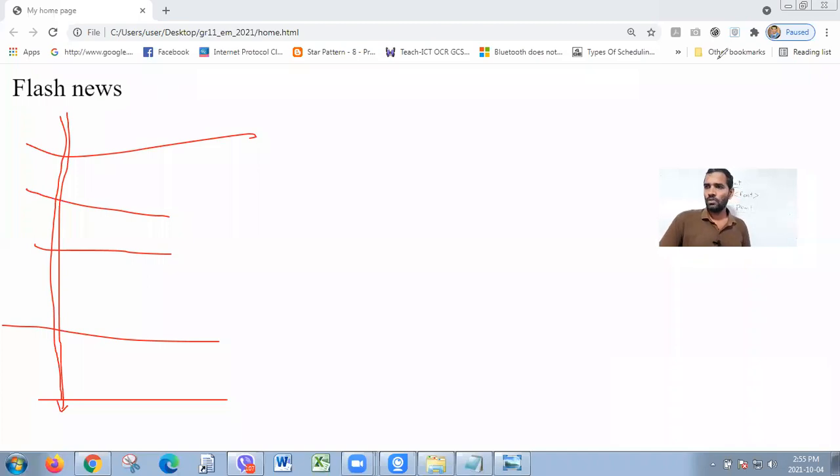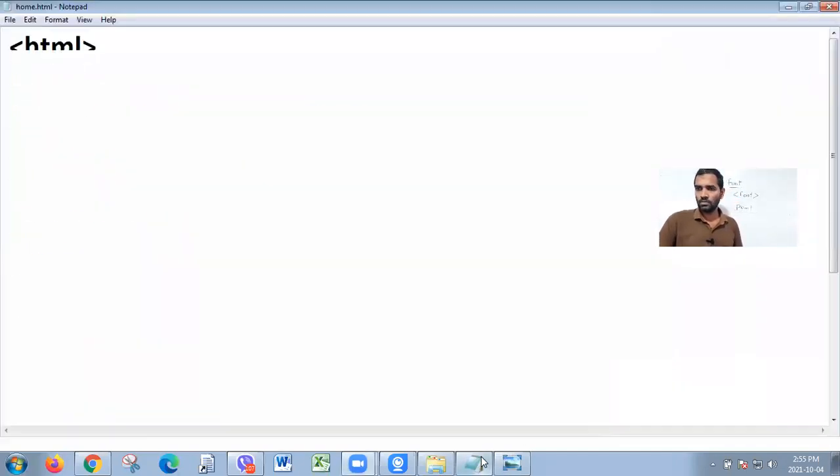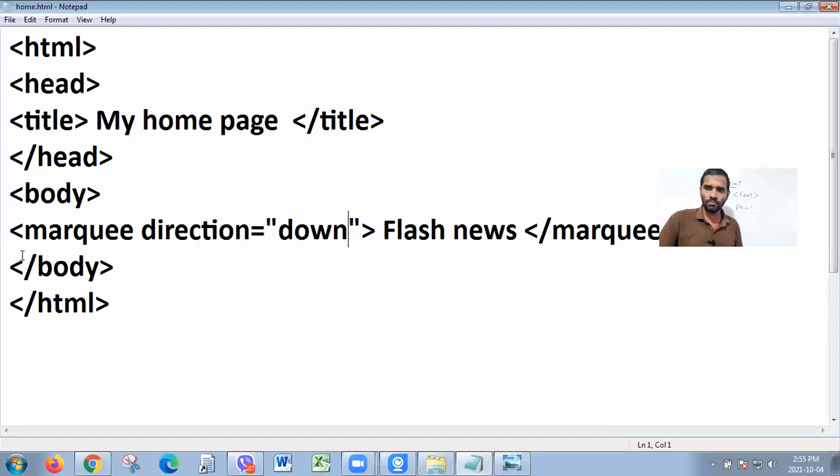Okay. So these are the four different directions. Marquee is a tag. So you can set the direction as right or up or down. Left is the default setting. Clear? So remember, this is a text related tag, marquee. Even you can put an image for moving, right? Here, say we put this one,